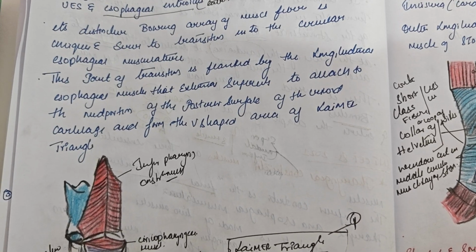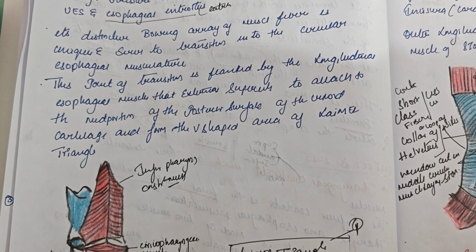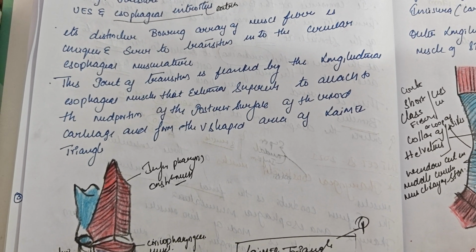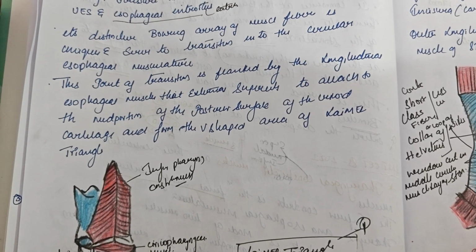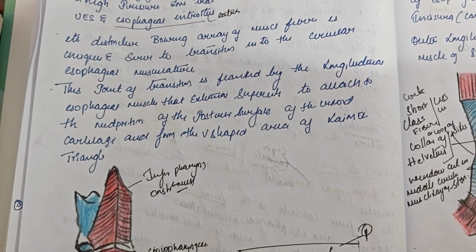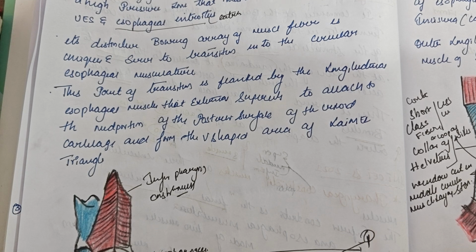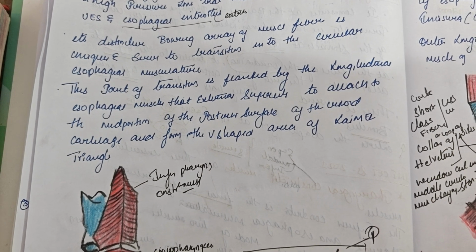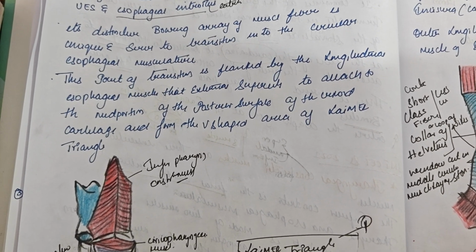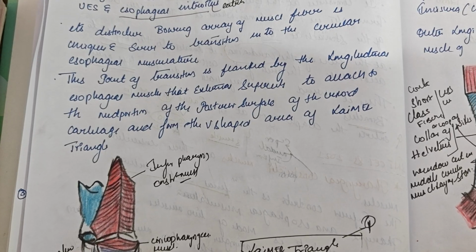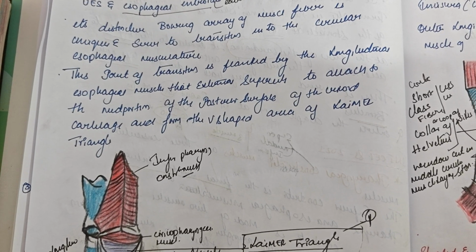And this point of transition is flanked by the longitudinal esophageal muscle that is superiorly attached to the mid portion of the posterior surface of the cricoid cartilage and forms the V-shaped area of